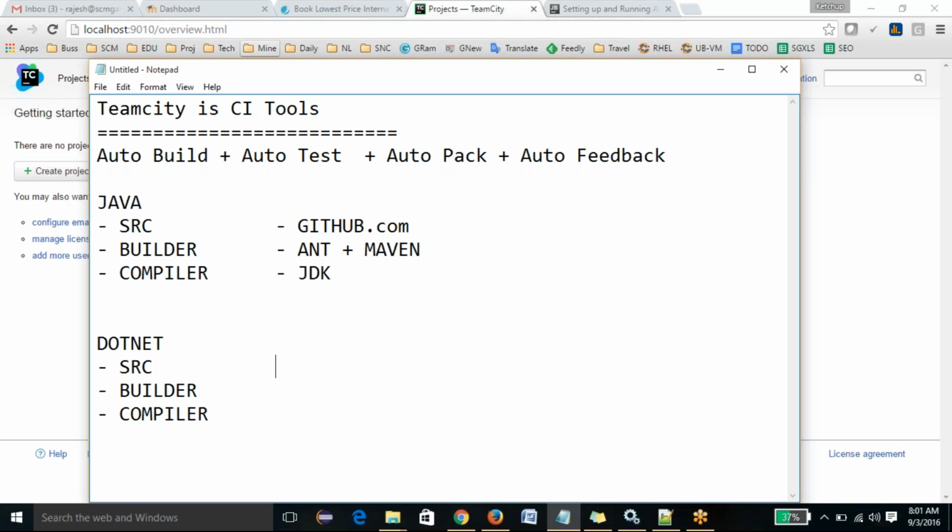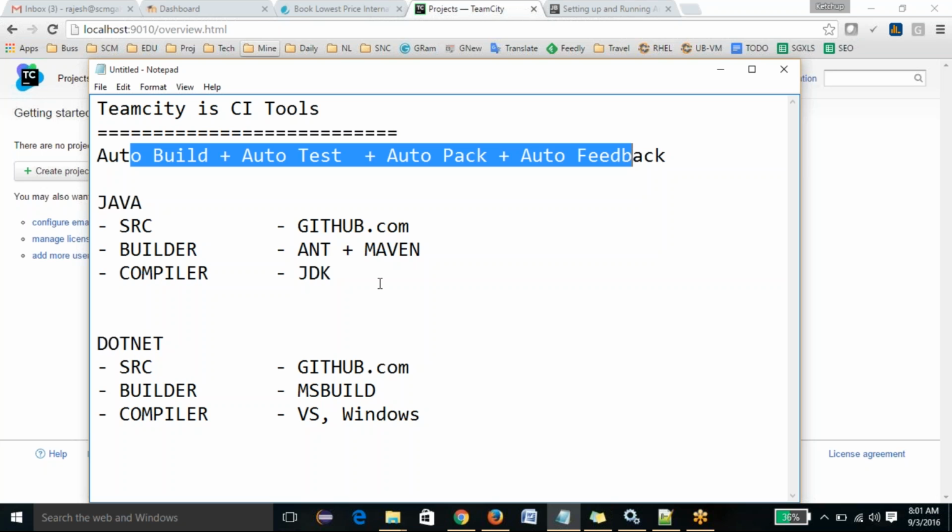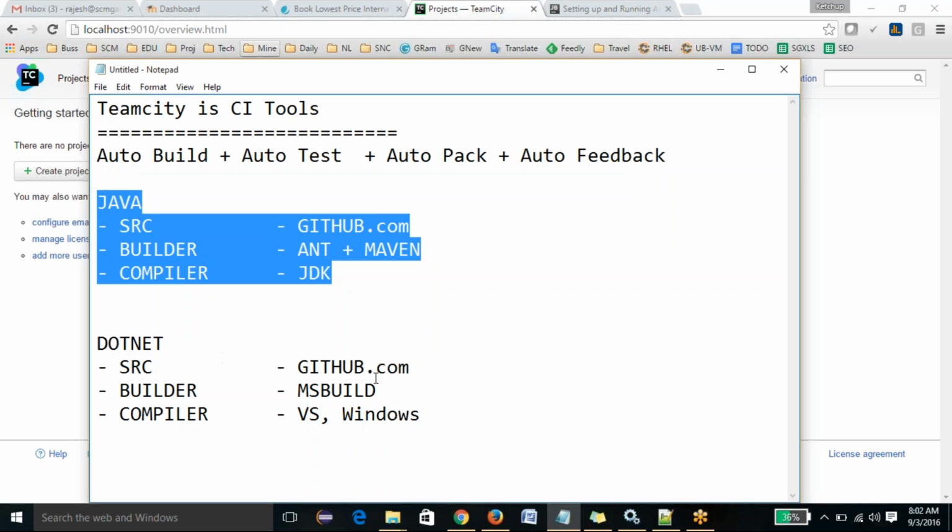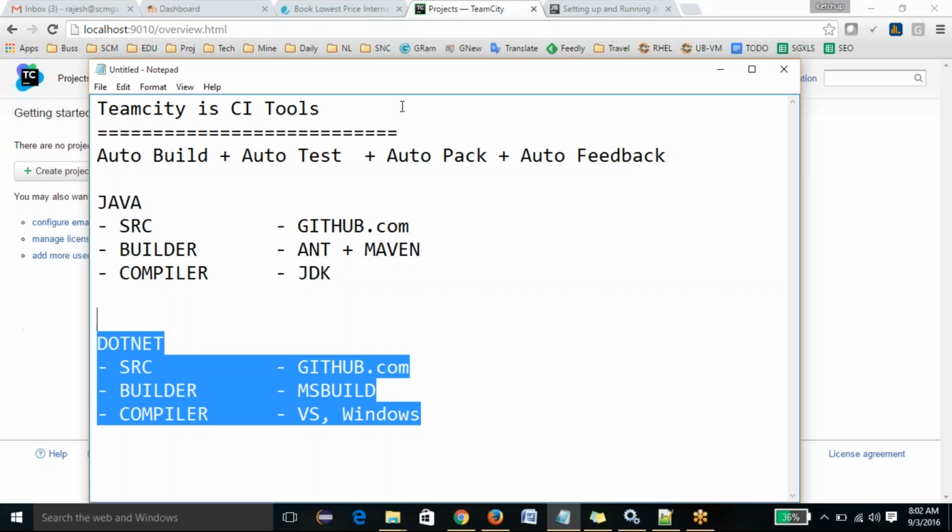Done. So now I again have .NET source code, which I have uploaded on github.com. I have a builder which is MSBuild, and a compiler which is Visual Studio and Windows. Okay, so now in order to set up the CI, I need some ingredients, and I have these ingredients ready. Okay, now what we're going to do is set up the